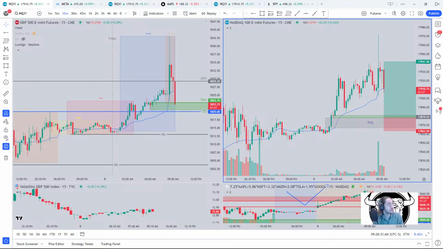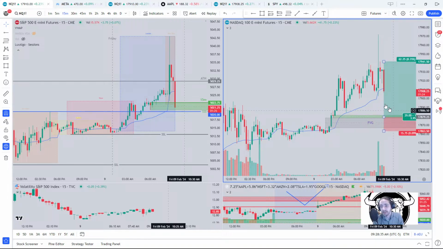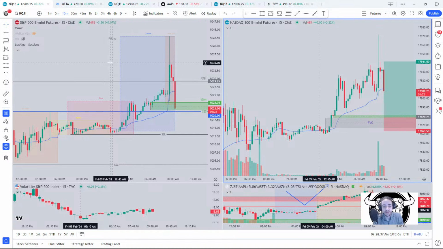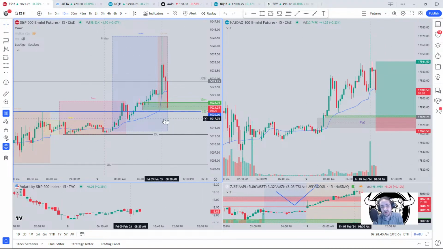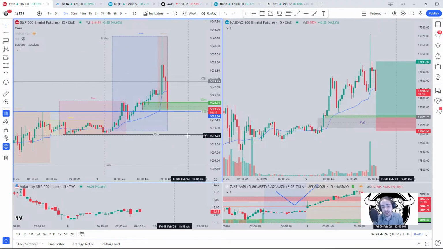Yo, what's going on, YouTube? What is up? Nice selling pressure right here. Probably going to break this 15-minute demand zone, right? So the question is, are we going to hold below it for the retest and push lower? And maybe we'll go for this sell side liquidity.